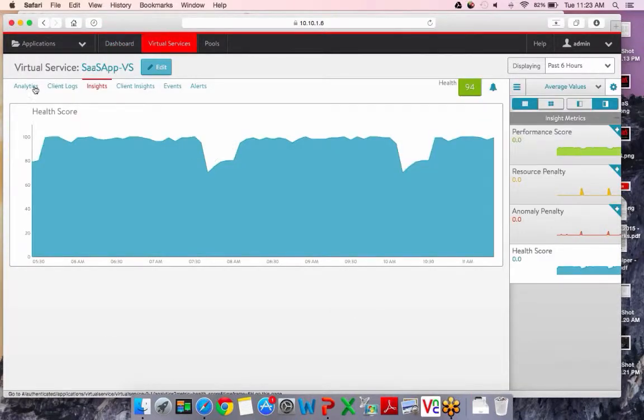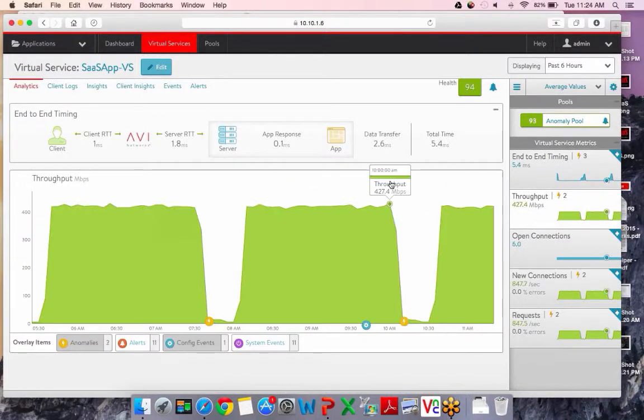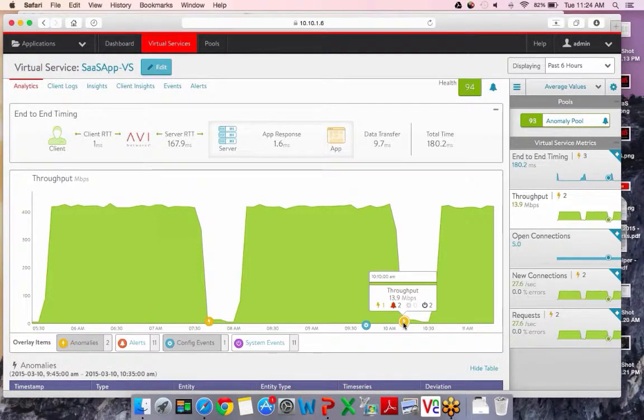Oops. Let me go back to the application analytics dashboard, and I can see that every 2 to 3 hours, I see a huge spike in the latency. And correspondingly, if I look at the throughput, there is a dip every couple of hours at the same time, right? And you can see a lightning bolt symbol here, which indicates that we have identified this as an anomaly. What Avi does, as I said, is baseline the performance of your application, and anytime it sees any latency jump or performance dip or any other significant change, it's going to flag it as an anomaly. And when I click on this anomaly,